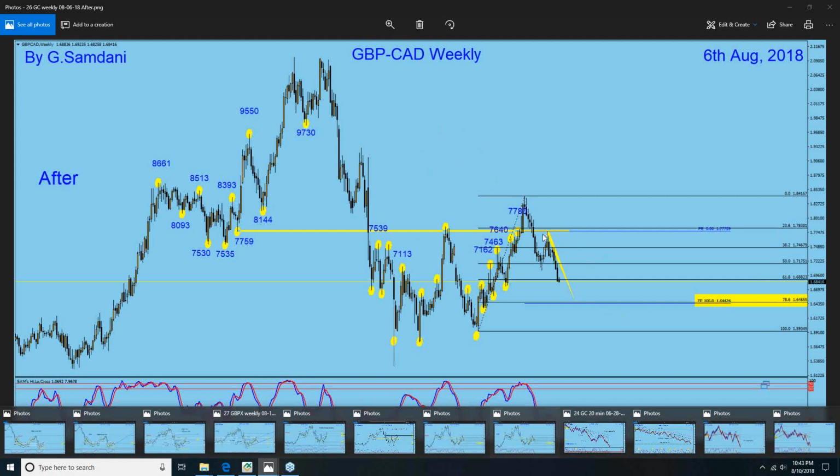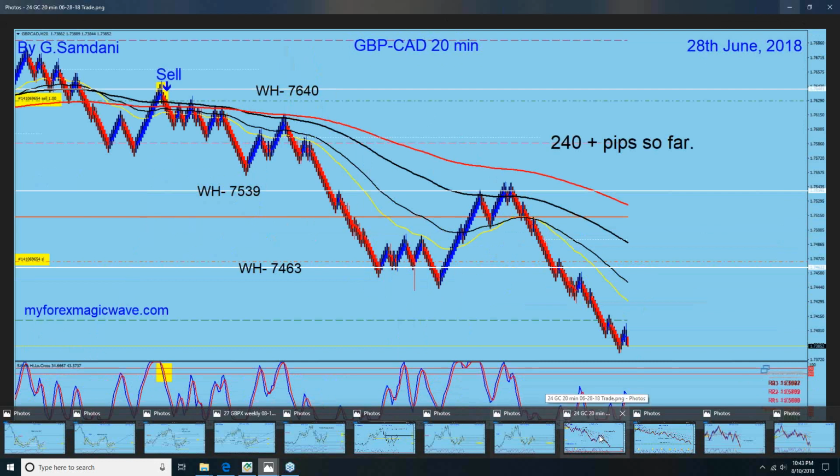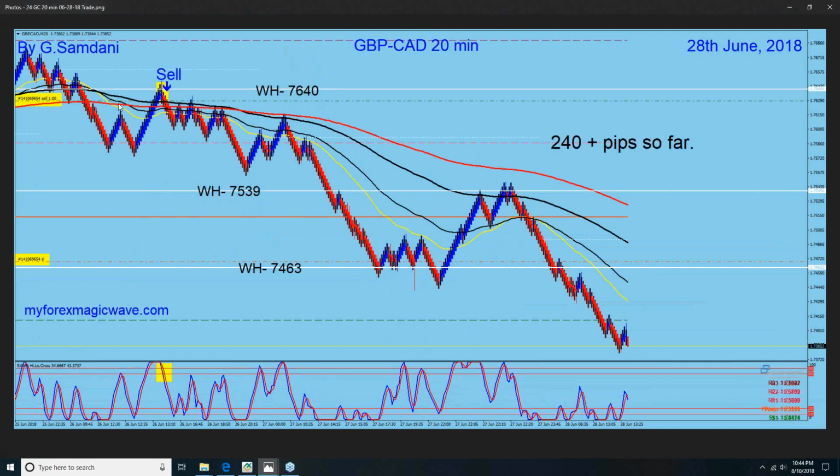Like this one, after pulling, dropping, and then it went up. Basically, it went up to this area, and then I said, well, we're gonna drop, and it did, right? So what I did with this pair, I did several trades. I'm just gonna show you a couple of big ones. That establishing that this pair is going to drop is this one on the 28th June. You can see this entry here exactly just below that big number, big beautiful number